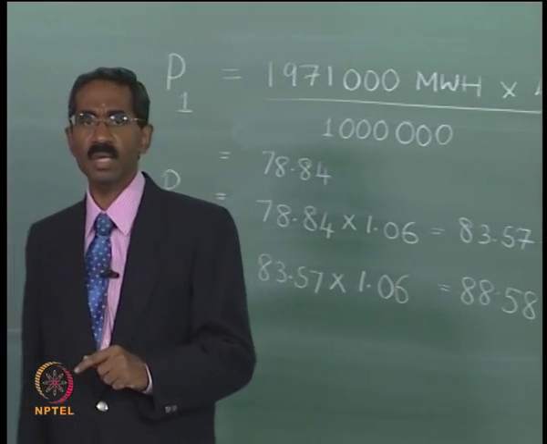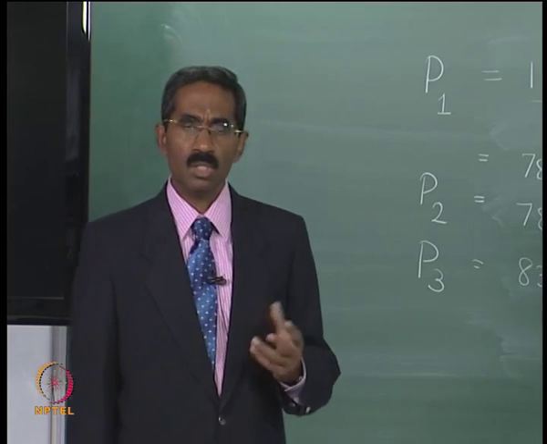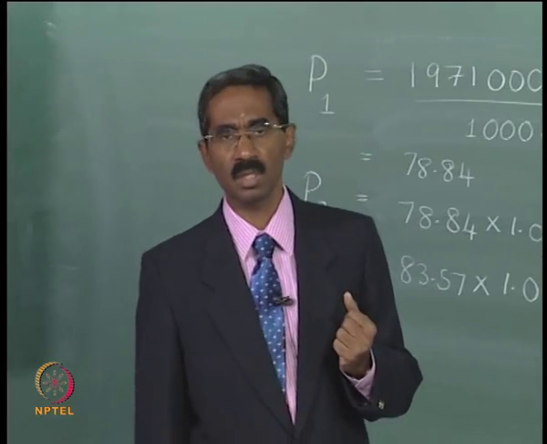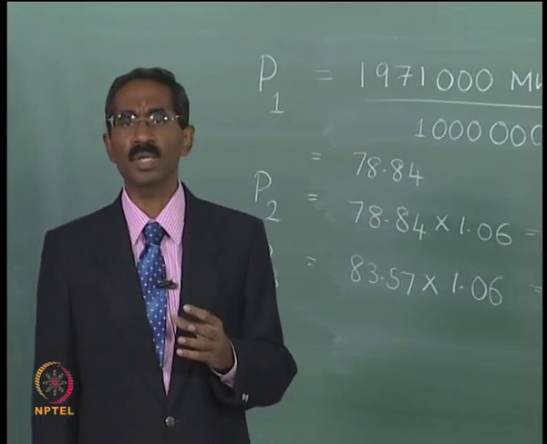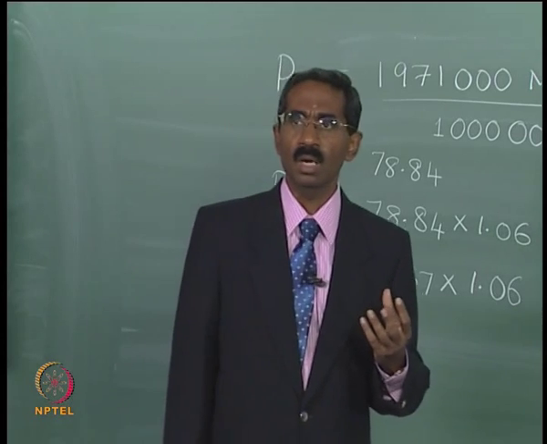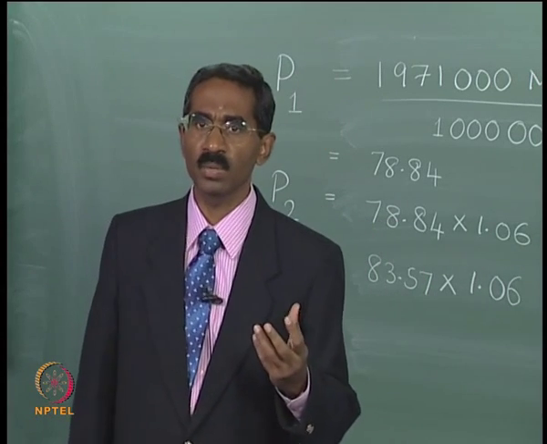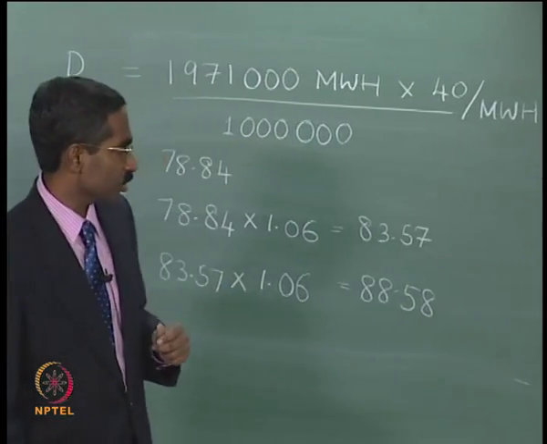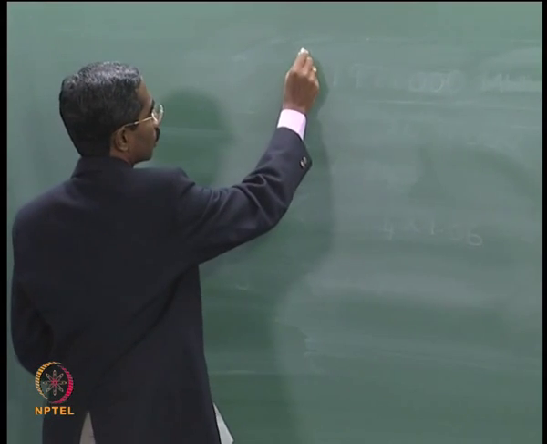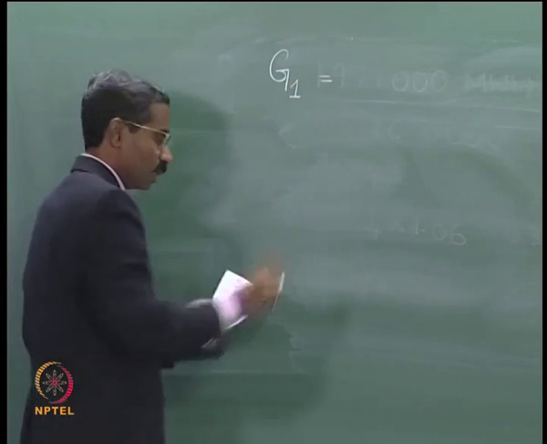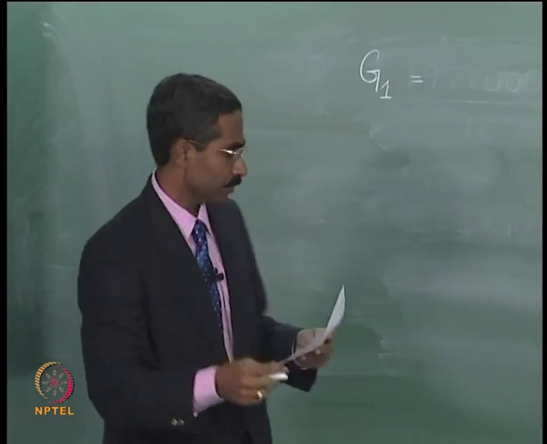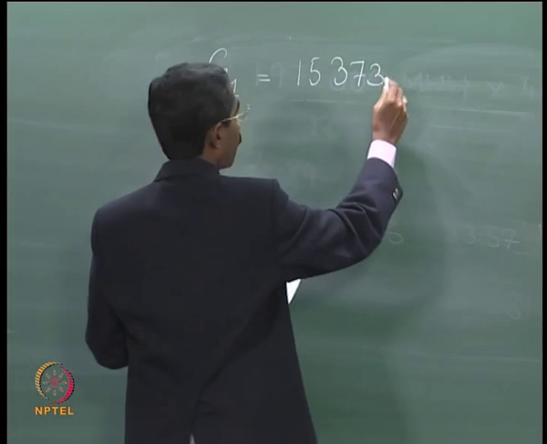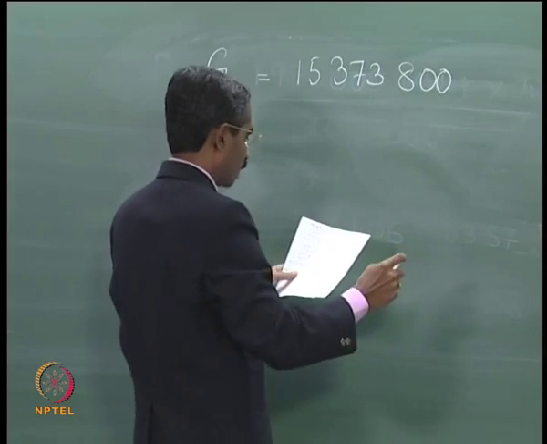Now let us go back to calculating the costs. Costs are of two types. One is your natural gas, the fuel that you need for generating the steam and electricity, and then there are other regular operational expenses. The operational expenses are assumed to not vary with respect to power generated. So first let us calculate the cost of natural gas. The cost of natural gas in year 1 is nothing but the total gas that is needed. The total gas requirement is 15,373,800 million British thermal units,